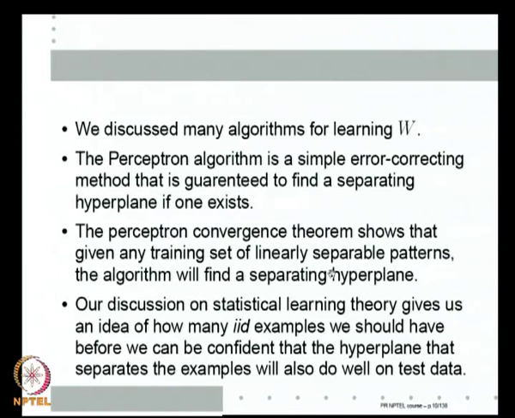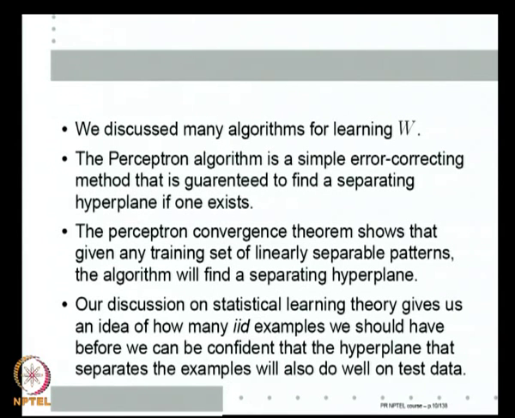We first need an algorithm that does well on the examples. For example, the perceptron algorithm does well, as shown by the perceptron convergence theorem. On the examples it does well in the sense it separates the examples. Then we have enough IID examples, where enough depends on the VC dimension of the hypothesis space we are considering. In this case the hypothesis space is the set of hyperplanes, and we know the VC dimension, we have seen how to calculate the VC dimension for that.